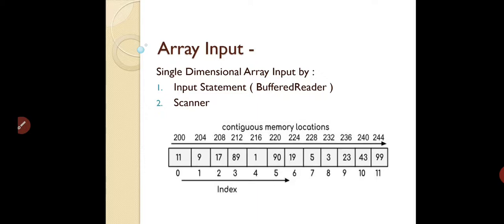Previously, I had already told you about why we are creating arrays and how we are going to declare it by using assignment and by using function argument. Now I'm going to tell you how we are going to declare an array for accepting data or for accepting size from user. Two different techniques we are having for accepting data, that is the input statement and the scanner. I'm going to tell you both of them one by one with two different examples.